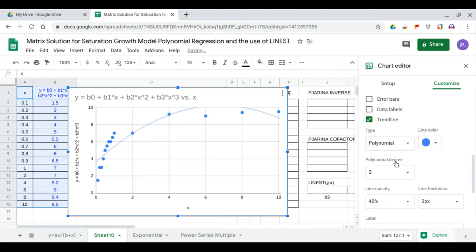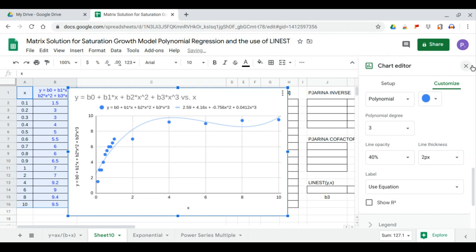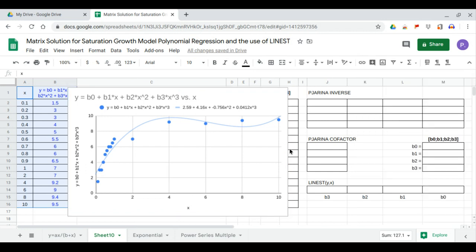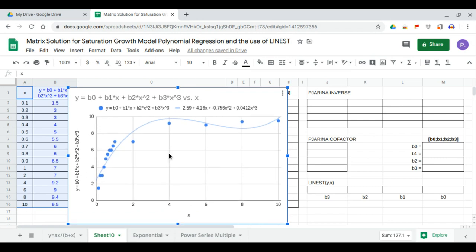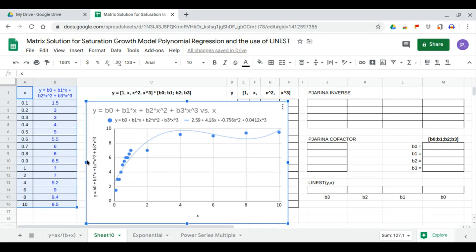Polynomial, and we'll get a closer fit using the polynomial degree 3 and show the equation as labeled. So here we have the equation and the dataset. You'll notice the dataset is saturating to the value of 10,